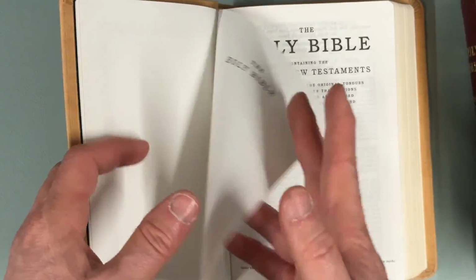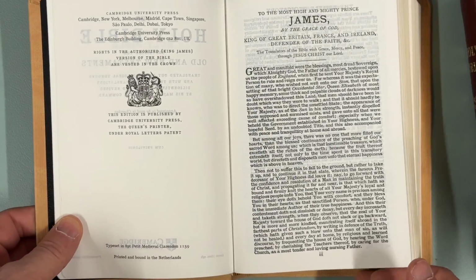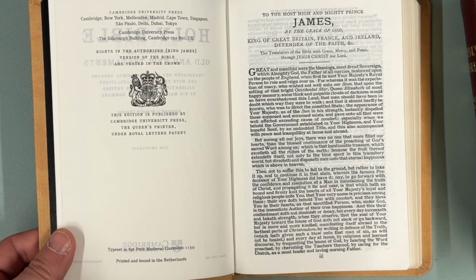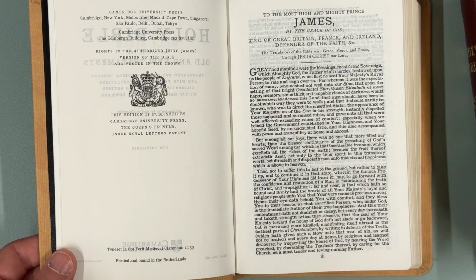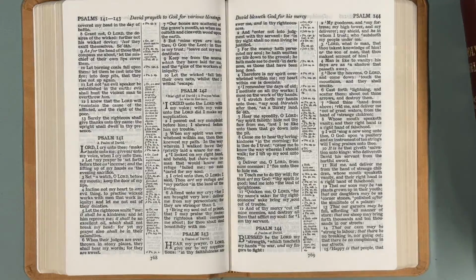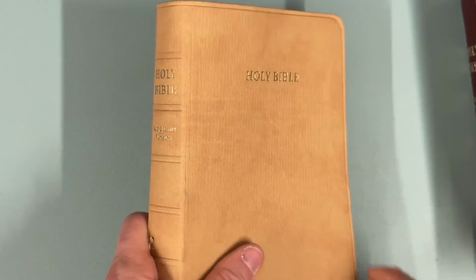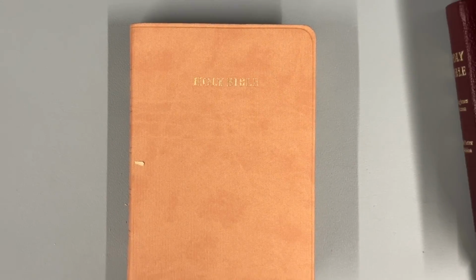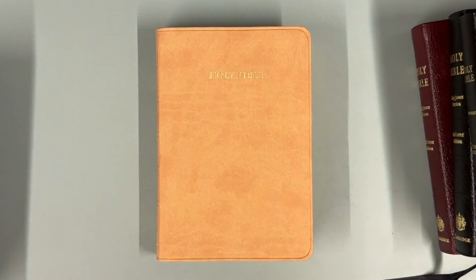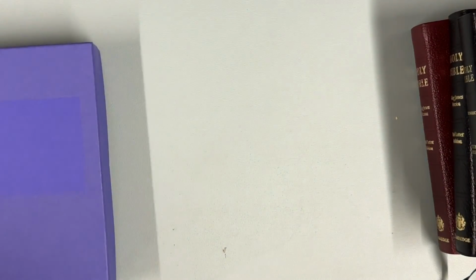So it is lovely, this one, and it's one of only two that were ever produced to see what this binding looked like. I think you can tell that it didn't get very far, perhaps a bit too divisive. But this is printed and bound in the Netherlands, so this is completely a Youngblood production. So if this is something that takes your fancy, I will pop it on the eBay page, probably just on an auction, and see who wants to give this Bible a new home out there, because it might float somebody's boat. Personally, I'm all for different bindings, different colour leathers, anything really that's maybe just not black leather,